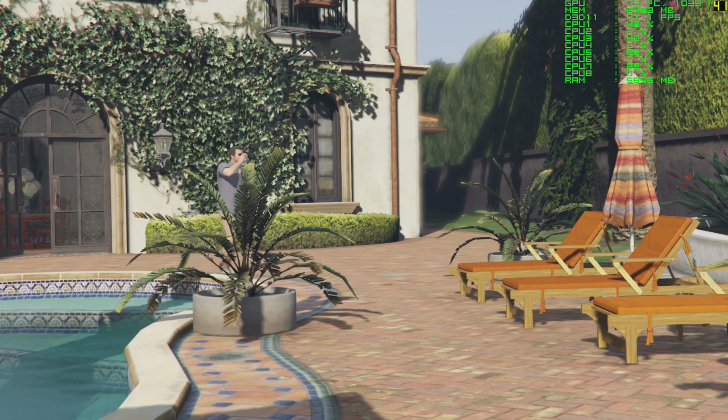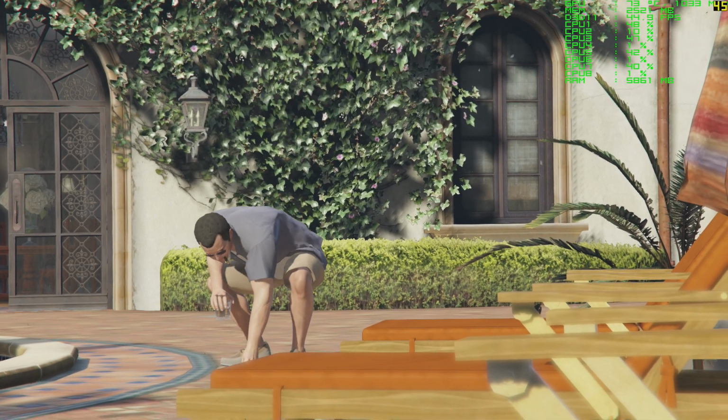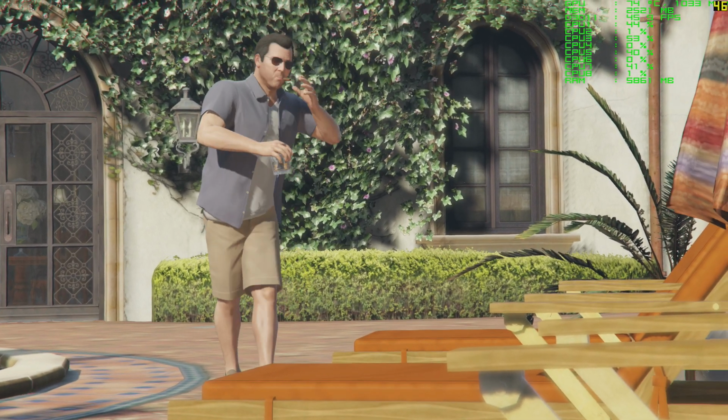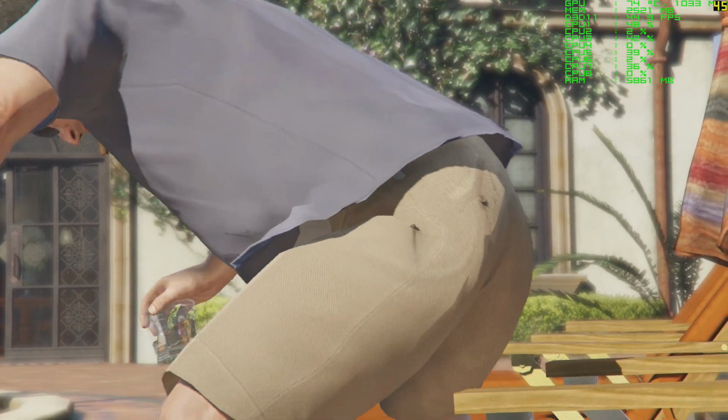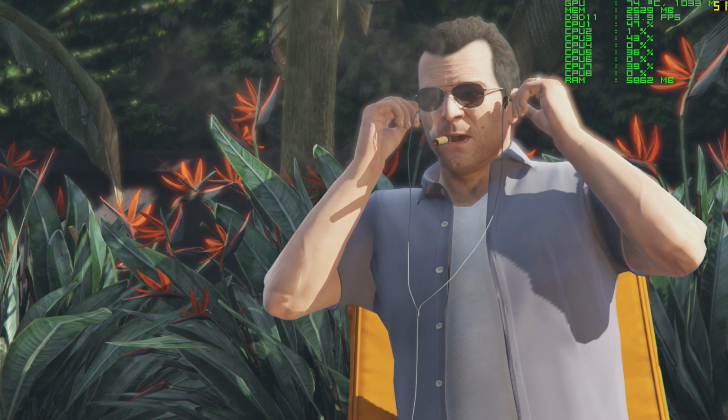Now, I will tell you that umbrella looks kind of shifty, which is interesting considering we have the texture so high, so I don't know why, but that umbrella looks kind of flaky. It's not that great looking. And there's some other things